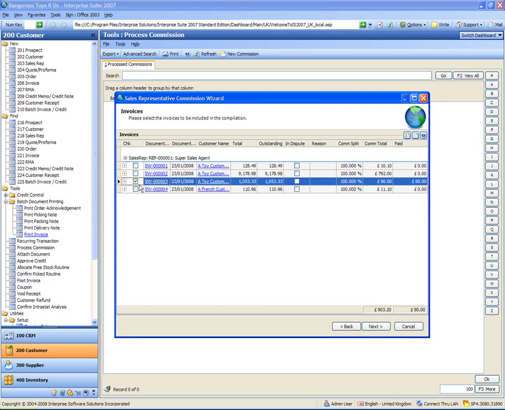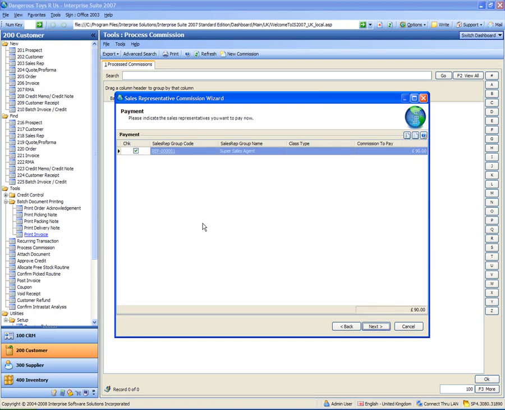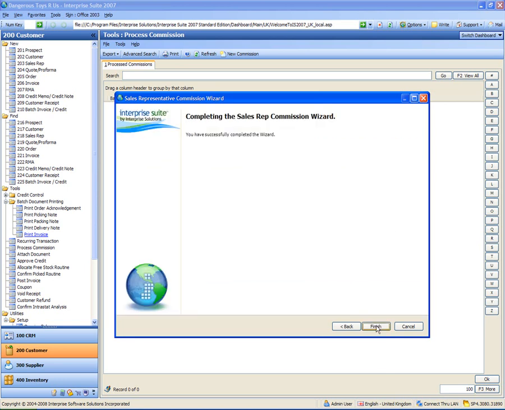So if I pay the commissions on just that £90, let's presume that we only want to pay that one. So let's go through the wizard. Okay, so it gives us a summary on the next screen saying you're going to pay sales rep exactly how much. So if there's multiple invoices we selected on the previous screen, it would total them up in this screen. And then when we finish the wizard,